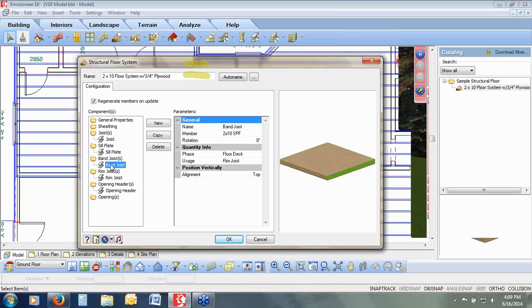It also recognizes the separate designation of a band joist from your rim joist, and those can be two totally separate members. And it will put in any openings that you put into that floor. It'll automatically cut the headers around them for you at the same time. So this structural floor tool is a great new enhancement for version 10. It recognizes the structure behind the floor, allows you to specify all of these different components of that floor, and